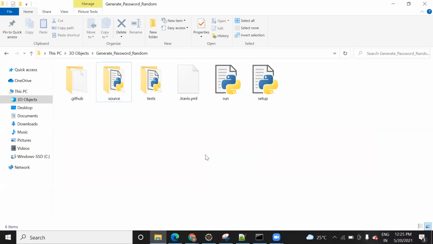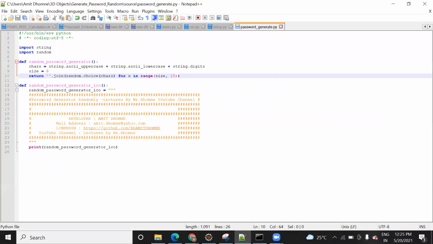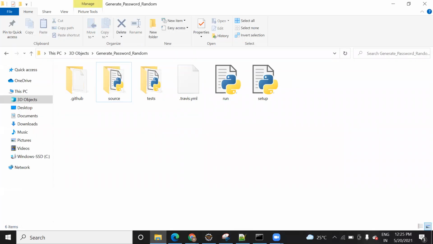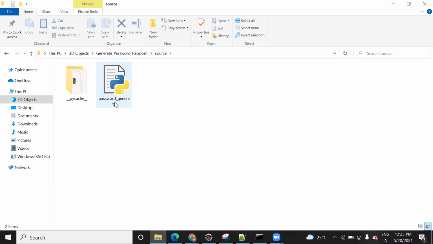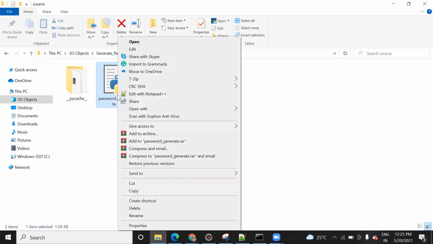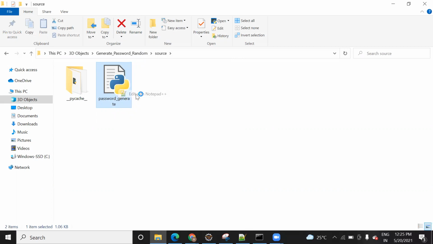In order to do that, we have created a few files where you will call the function. Let's start. The main file that you need is the source file. I have created one library. Usually whatever file we import in our code is Python code, so here I have done the same thing. I have written this code to generate the password.